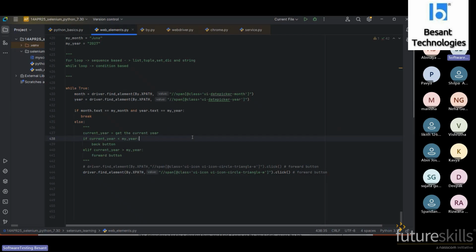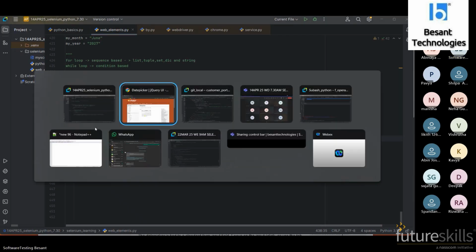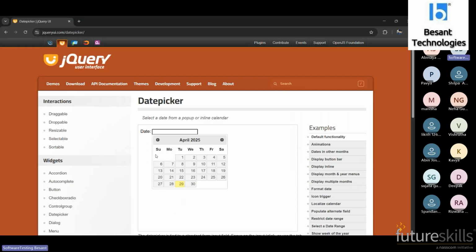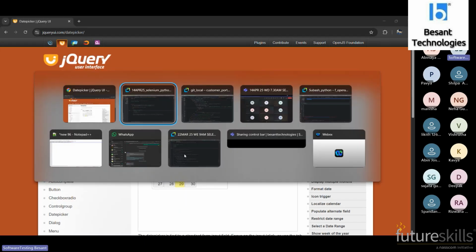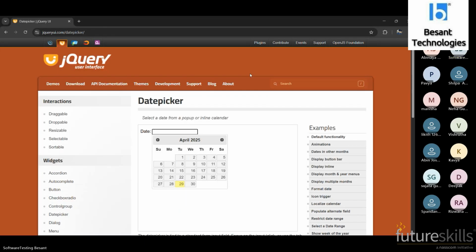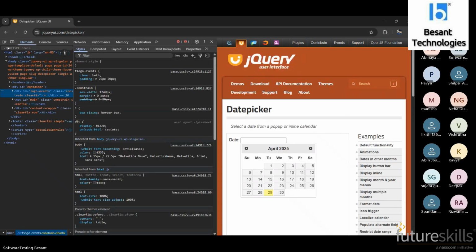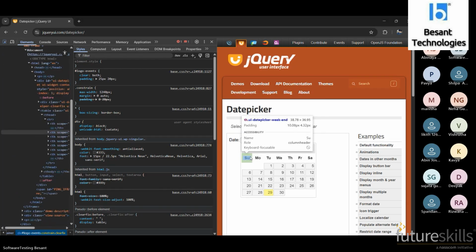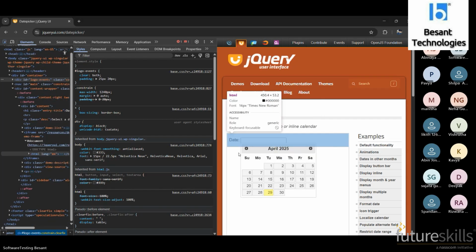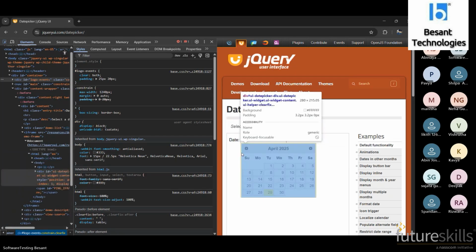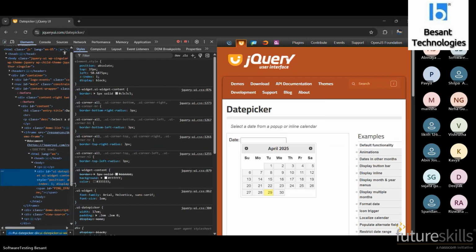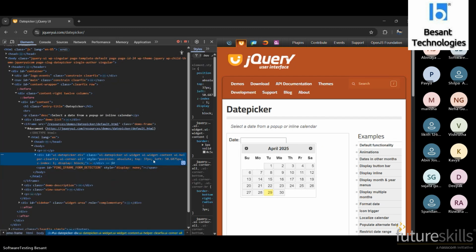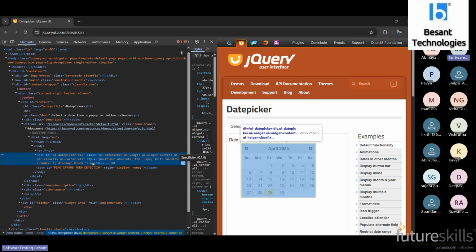Now coming to the date. So here dates are tables. Okay, this is a style we have.